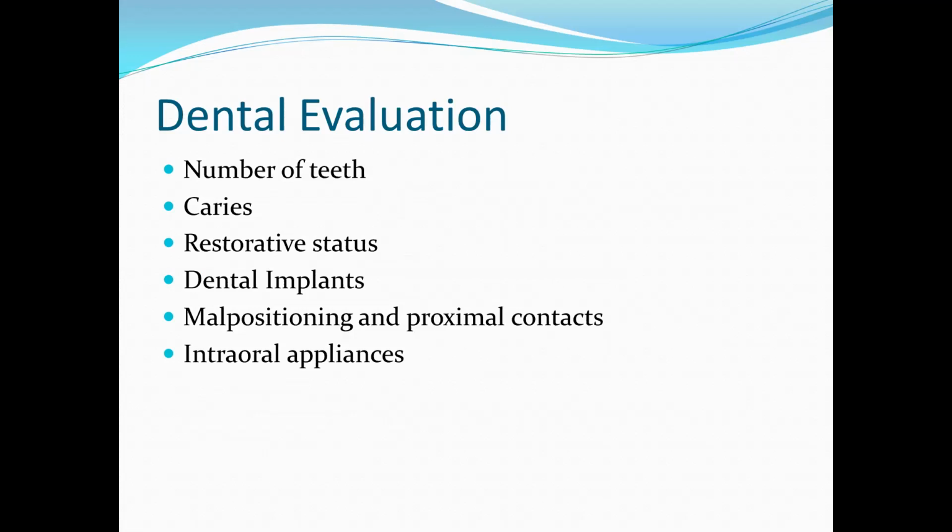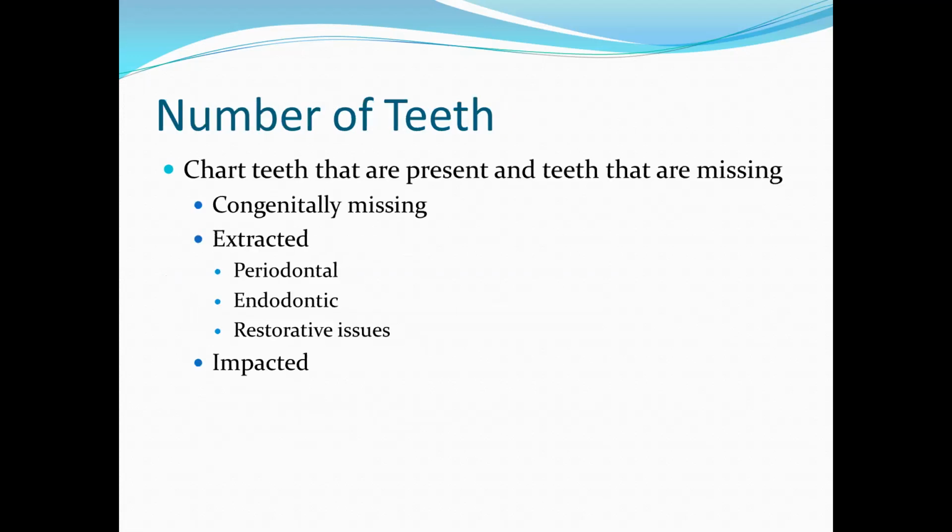Right, so the number of teeth, you're looking for caries, the restorative status, are they taking care of things that come up? Do they have dental implants? What's their motivation? Are they motivated to take care of things and replace missing teeth? You're looking at occlusion and proximal contacts. You're charting the teeth that are present and the teeth that are missing, what's congenitally missing versus what was extracted. If I'm missing number 7 and 10,